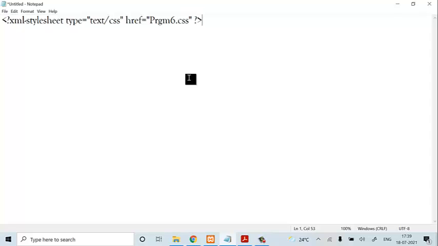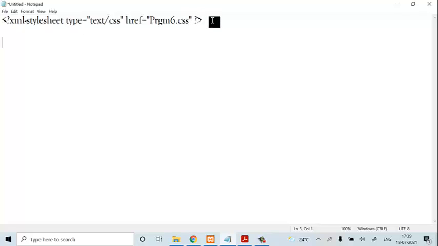Now this is your XML declaration. Here you can check it out. This is a declaration of your XML style sheet, and here I am representing type is equal to text/css and href is equal to program CSS. So here I am going to make use of an external style sheet, where all the CSS I am going to write in one sheet, and that sheet will be linked to your XML document.